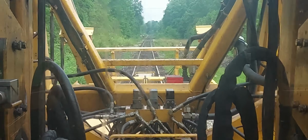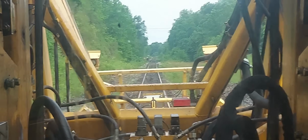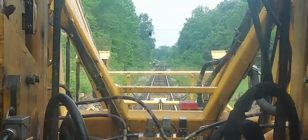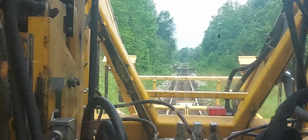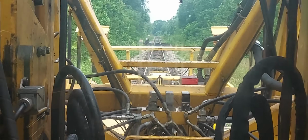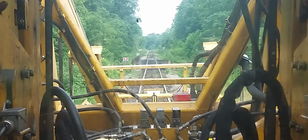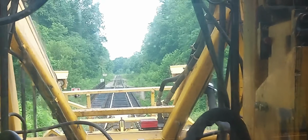Okay, we're heading up track here. They told me to go tamp this morning. And as I told you in the video last week, they pretty much leave it up to me where I'm going to go, which is a good thing because I coordinate my work with the train schedule and get the maximum amount of time, utilize my time the very best. Anyway, this little section here right before Bridge 10 was not flagged on the geometry report. It's a little rough, so